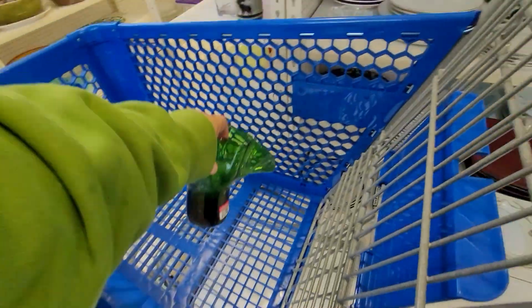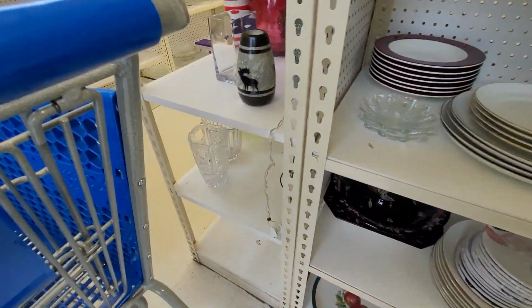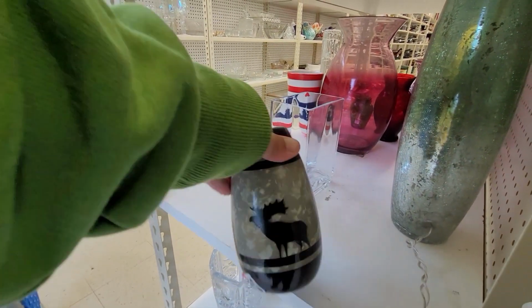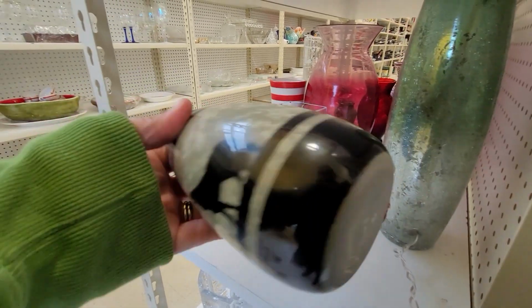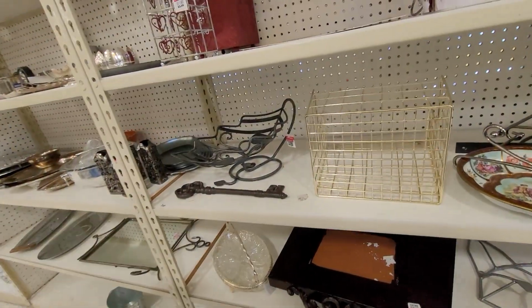However, the damage, when I was looking at it more thoroughly before checking out, it has so much calcification or buildup on it. I didn't think I could get it off, and that really does bring down the value on your glass if you can't get it clean. A little bit is okay, but